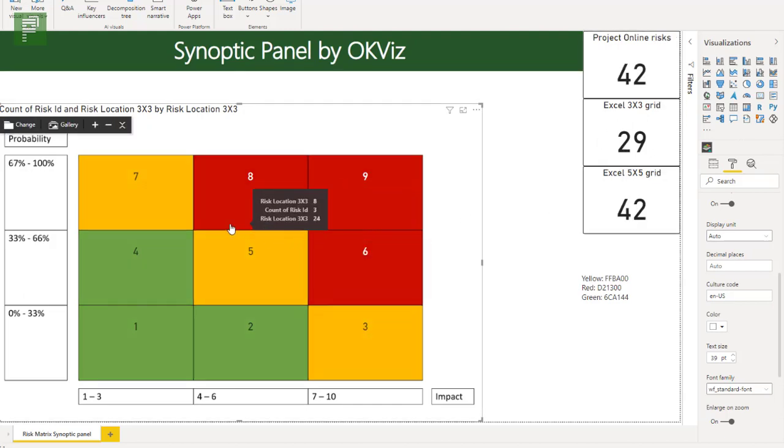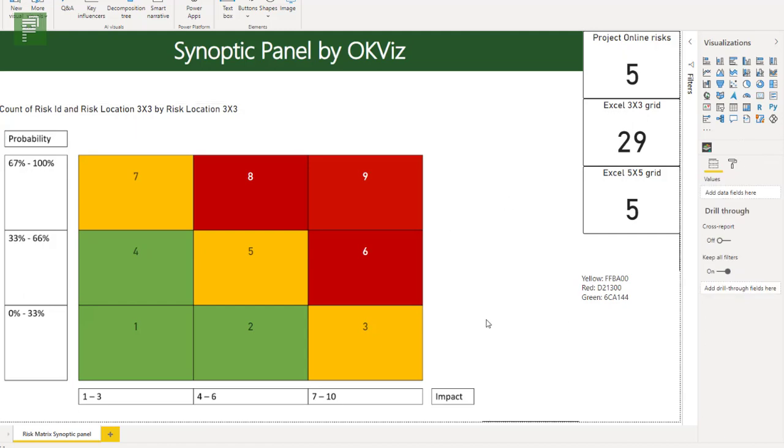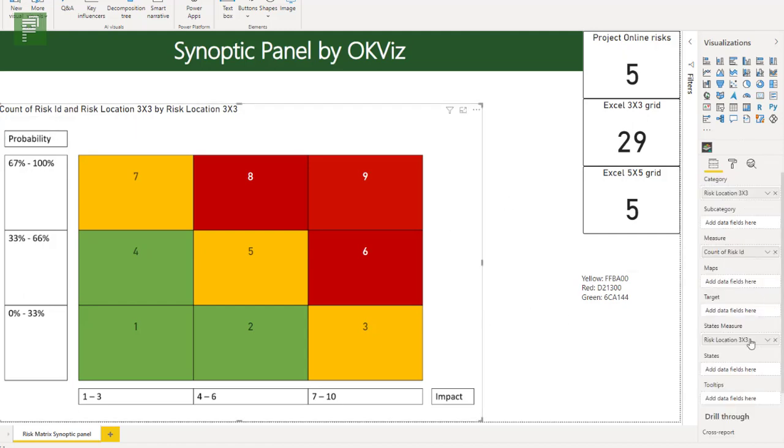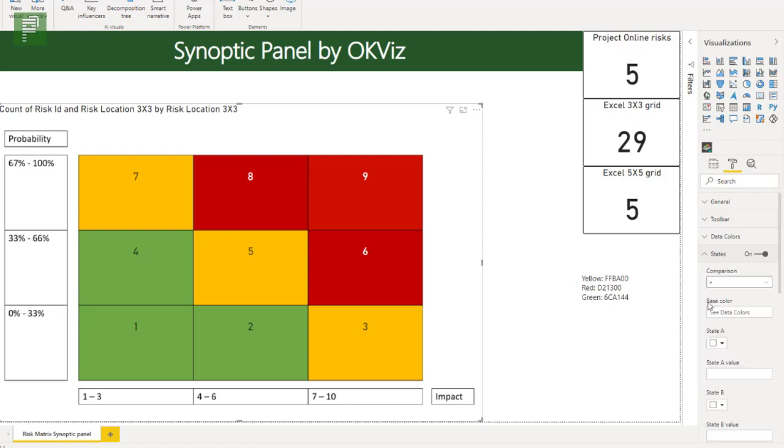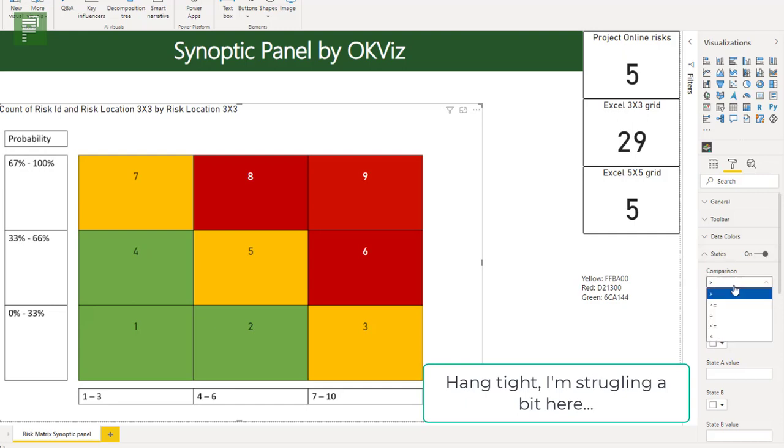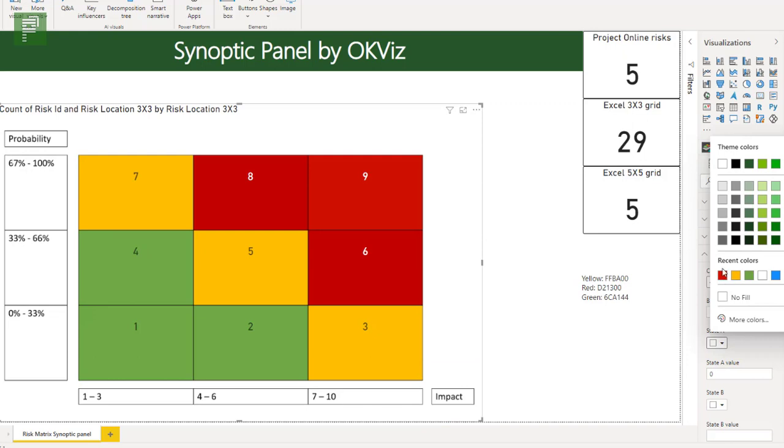Well, so what I now want to do is one of the things that the Synoptic Designer does excellently is we have the option to do a single select. Now going back to the format, we are going to change the states of a value. Now normally we would have the state A, and I'm not completely sure on what is happening here, but if I select it is smaller than 0, and I select white as being the color,